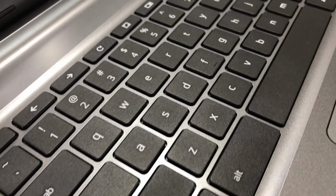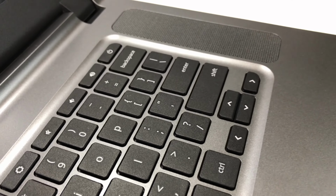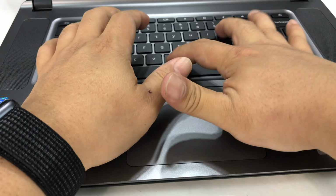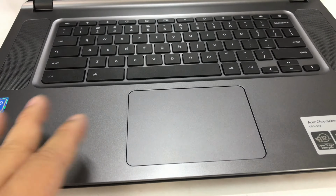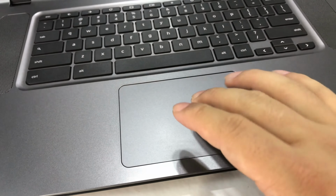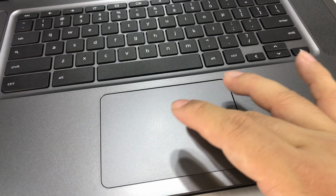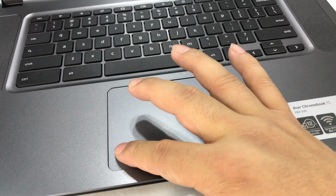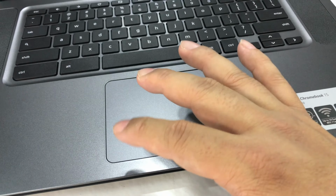Man, they feel great. Travel's a little shallow, but they have nice travel and don't wiggle. They don't click hard, and so they're pretty quiet, which is also pretty nice. We also have a really large trackpad here, and as you might be able to see, I mean, how big that is. And it's definitely nice and responsive and smooth. And then the clicks, if I click there, a deep click, so not a virtual click at all, pretty deep click,